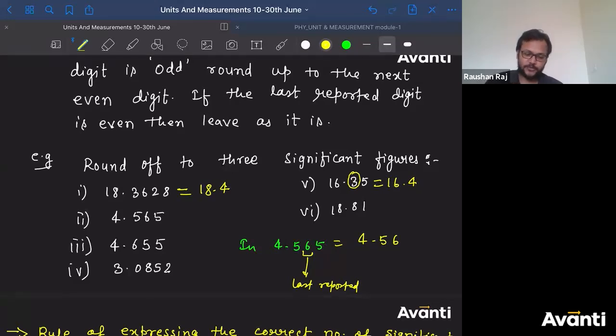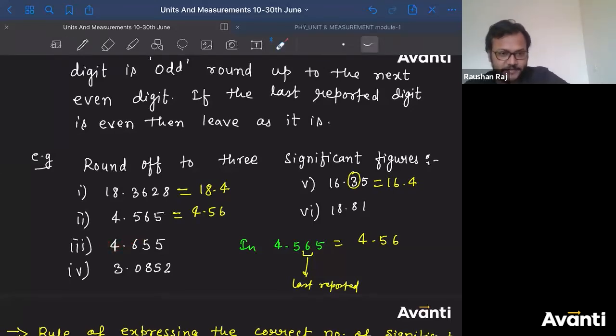Keep it up, guys. Now, second question. Tell me what will be the answer here. Well done बच्चा लोग. बताओ इसका आंसर क्या होगा? 4.56. अभी तो किया ही है, इसको तो कर ही लिया. And yeah, tell me the answer for this question. 4.655. Prajwal Gowda, 4.6 is having only 2 significant digits. Don't commit such mistakes.